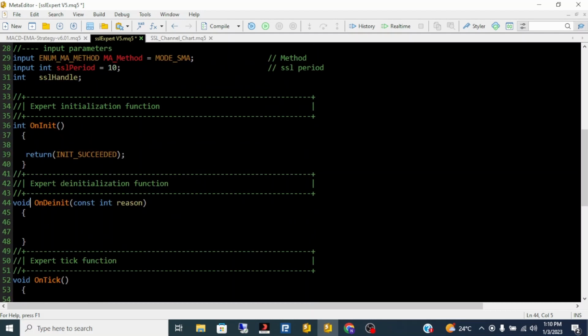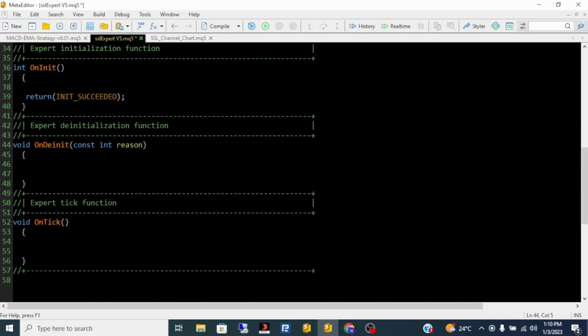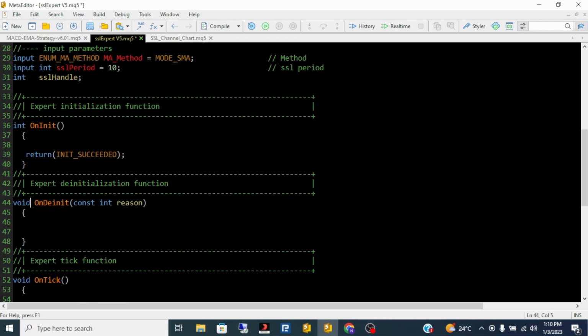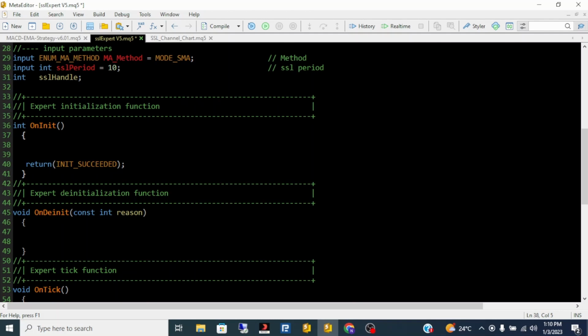So this function will run once when the EA is initialized, like the on initialization, and then this function will run once on deinitialization, and then this function is the OnTick. Well, it will run every time you receive a new tick, right? Okay, so what we need to do here on the OnInit is to